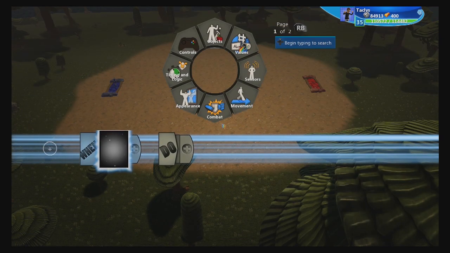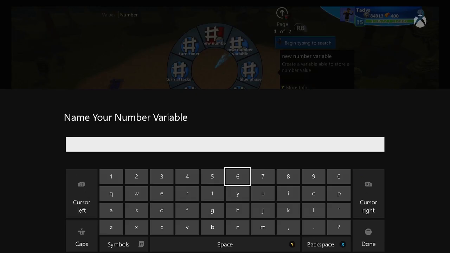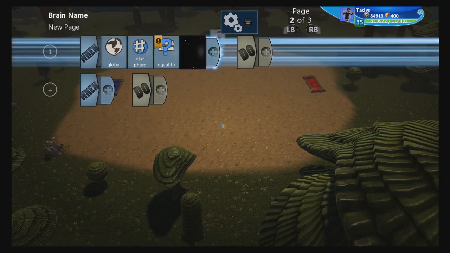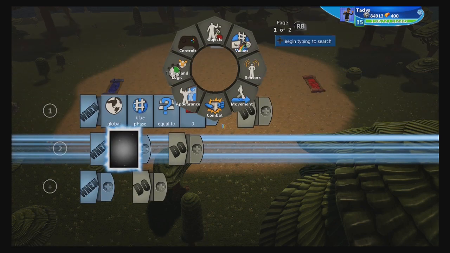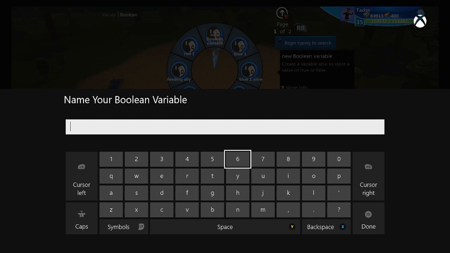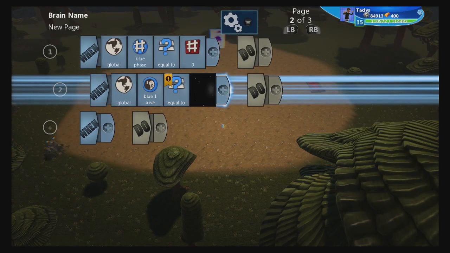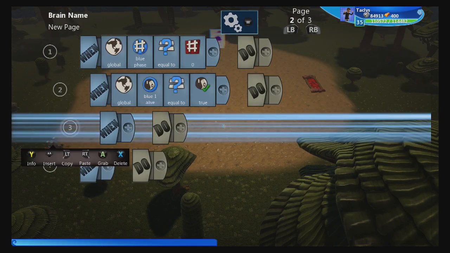Next page, this is going to be the blue team, so we're going to make a numeric variable called blue phase. And global blue phase equals 0. And now what we're going to do is we're going to do a check to see whether the first person on blue team is still alive. So when global blue 1 alive equals true, then we're going to